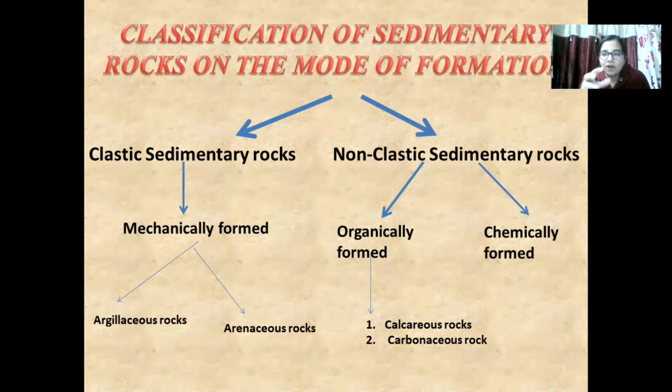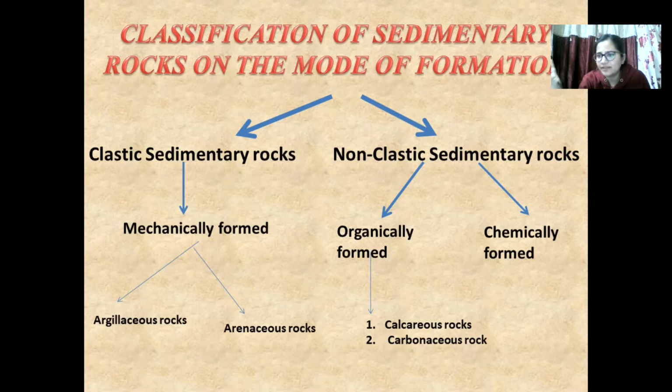Now, in these clastic sedimentary rocks, did I talk about the deposition of plants and animals? No, I haven't talked about the decaying of plants and animals, nothing. Since I have not mentioned any biotic element here, it is purely inorganic. So your mechanically formed rocks are mostly inorganic in nature. Inorganic in nature means they are devoid of plant and animal particles.